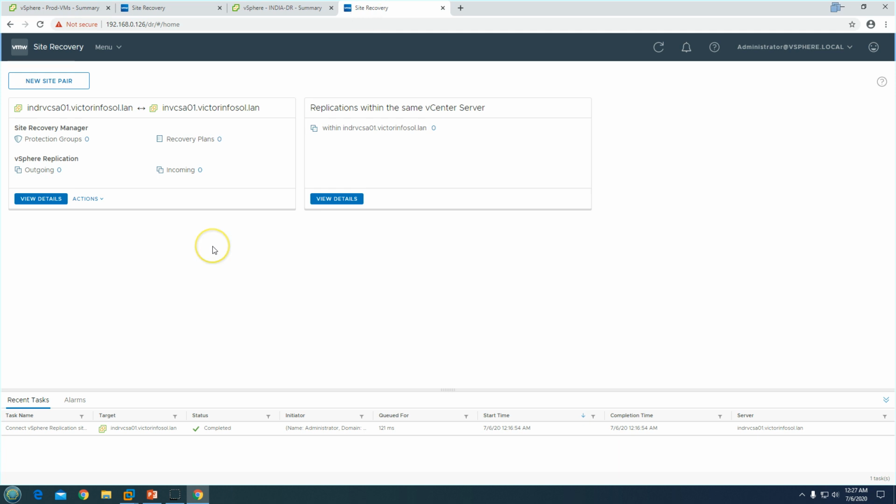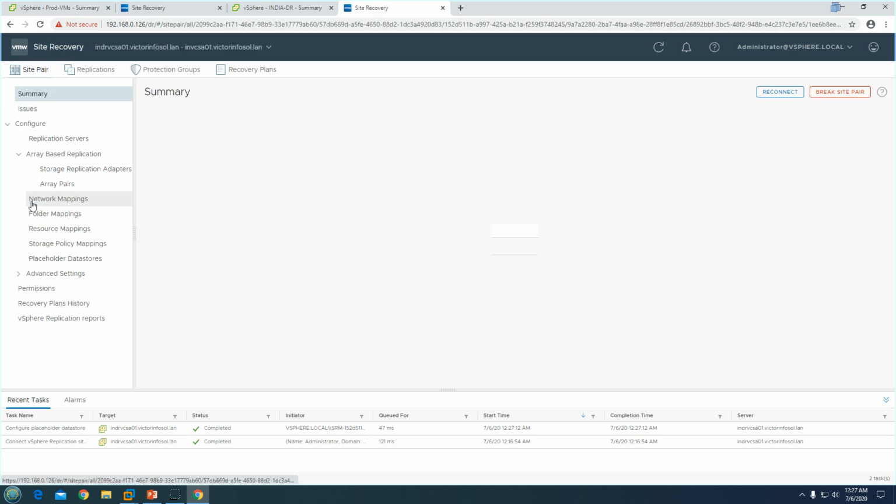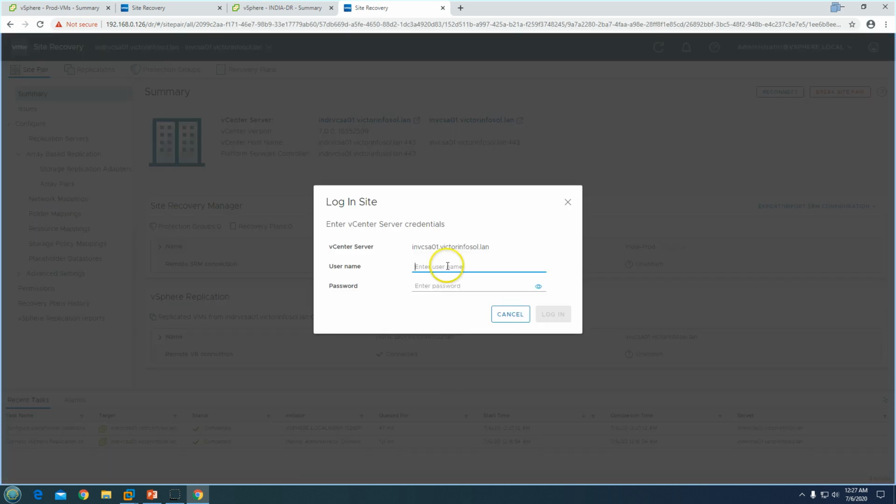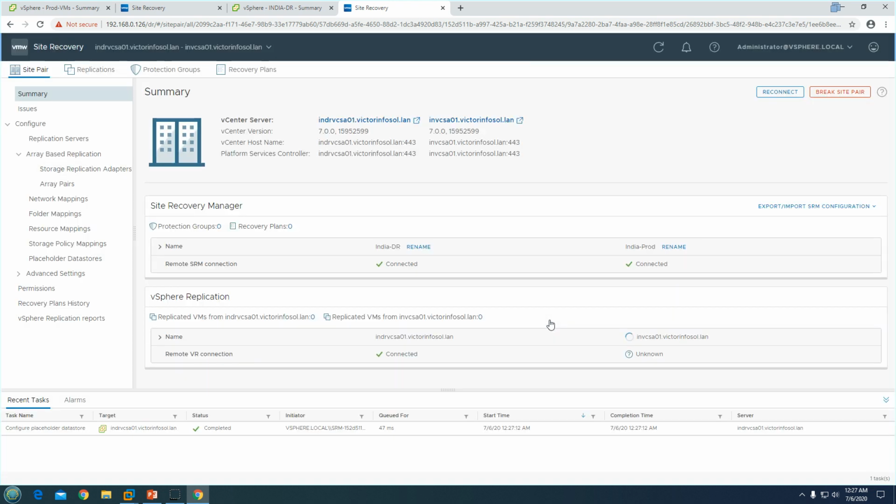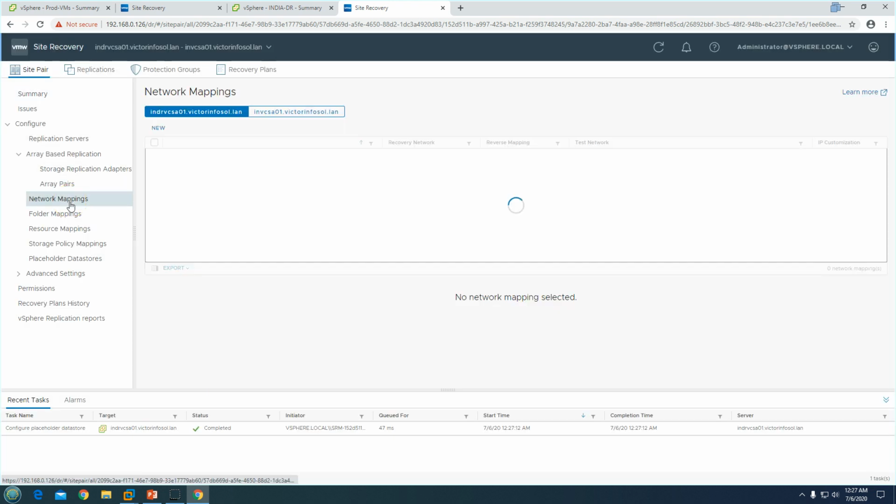If you want to refresh, you can go here and you can see the same settings are going to be reflected on the DR SRM also. I'm going to authenticate this once, with the local account and password. Now if I go to network mapping, you will see all the network mappings.